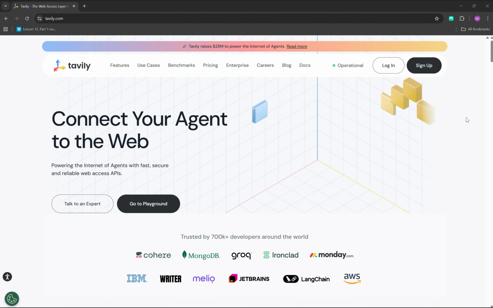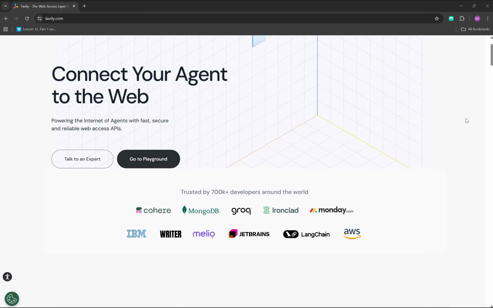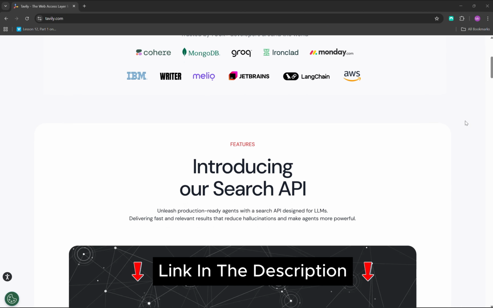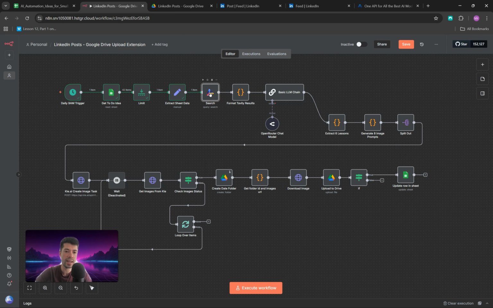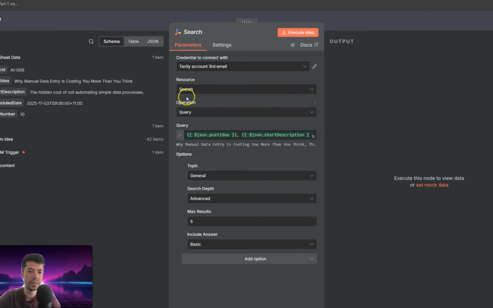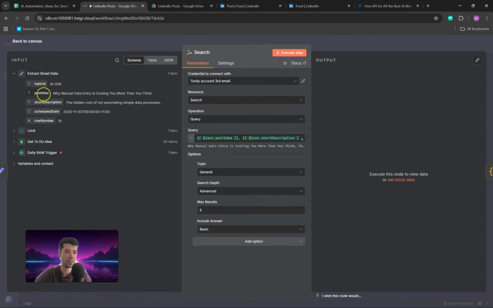The first thing that you need to do to be able to use this node is to create an account with Tavily, and I'm leaving a link down in the description. The good thing is they have a very generous free plan, so you will be able to do a lot with the free plan. The resource will be search, the operation query, and basically in my query, I am just dragging and dropping the post idea and the short description,